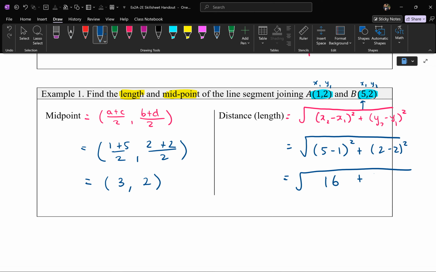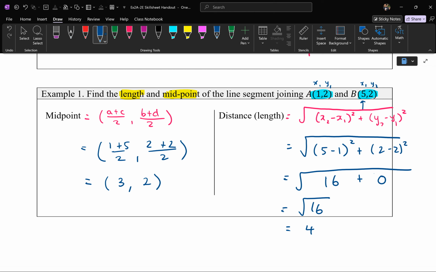Plus, and then over here, 2 minus 2 squared. Can I please have, is this Sean here? Oh, Sean, yes. 0. And so that gives me 16 plus 0 is 16. So root of 16 is equal to, what can I please have? Let's go with Anthony. 4, that is correct. Now,